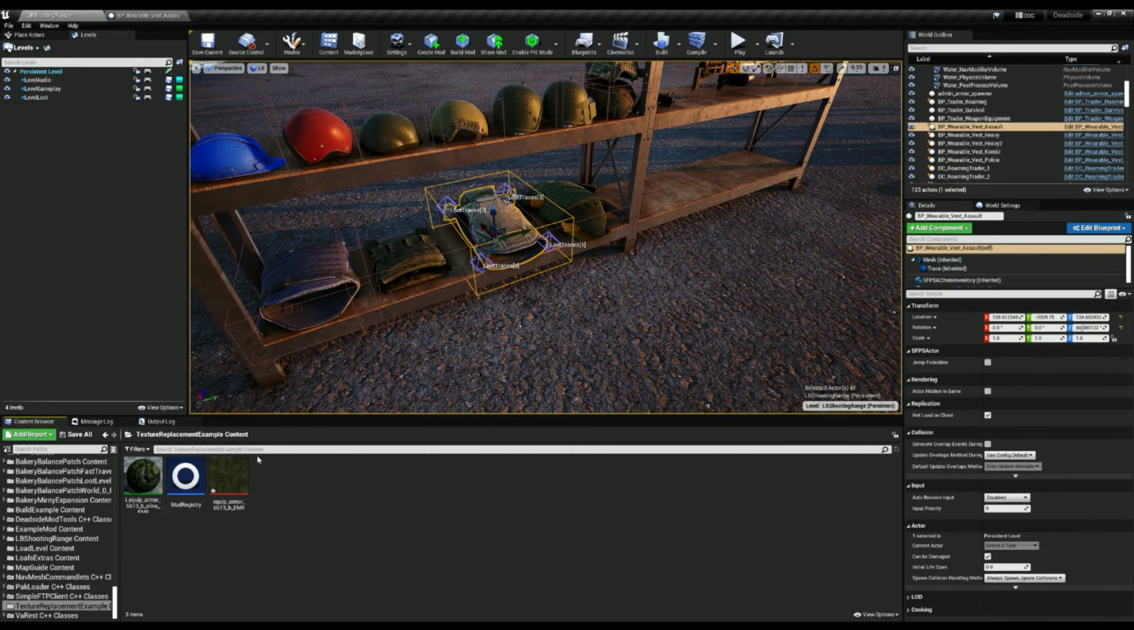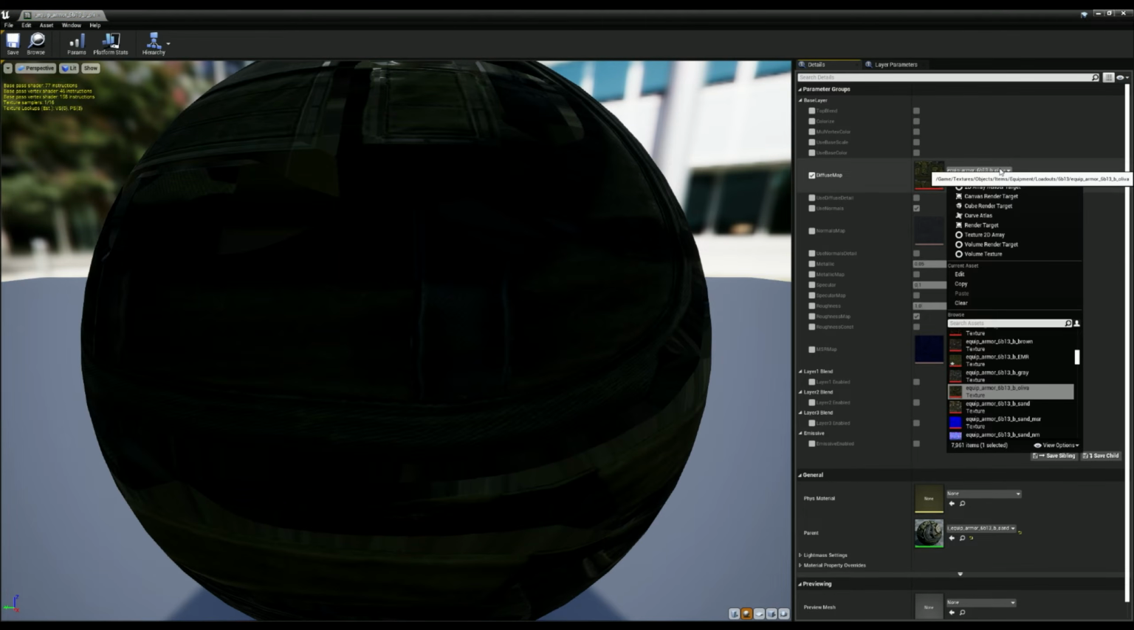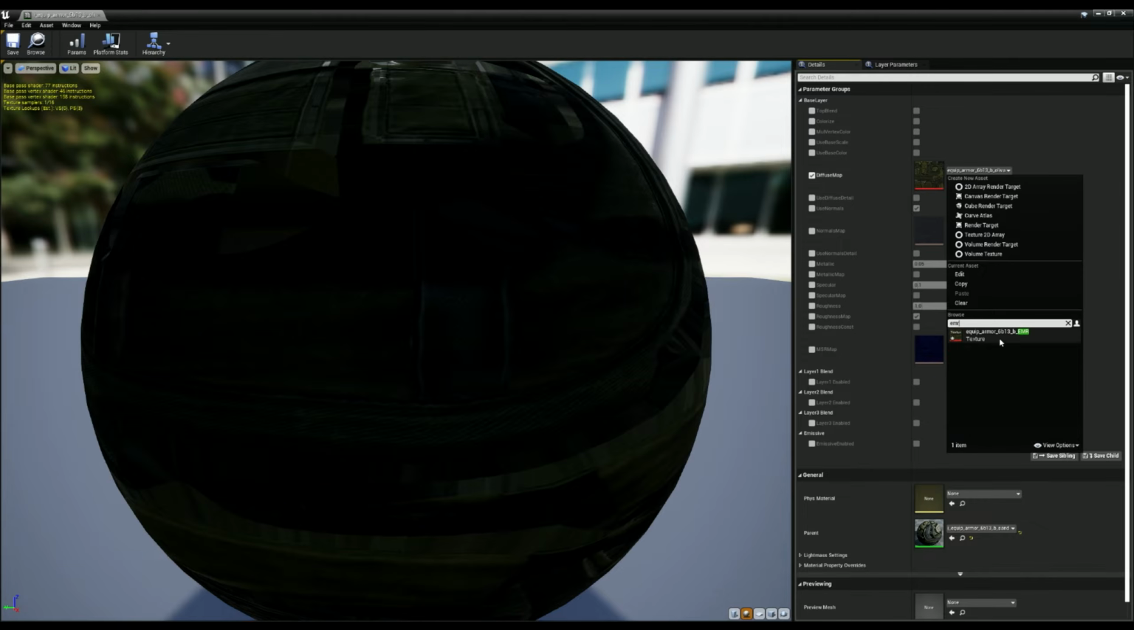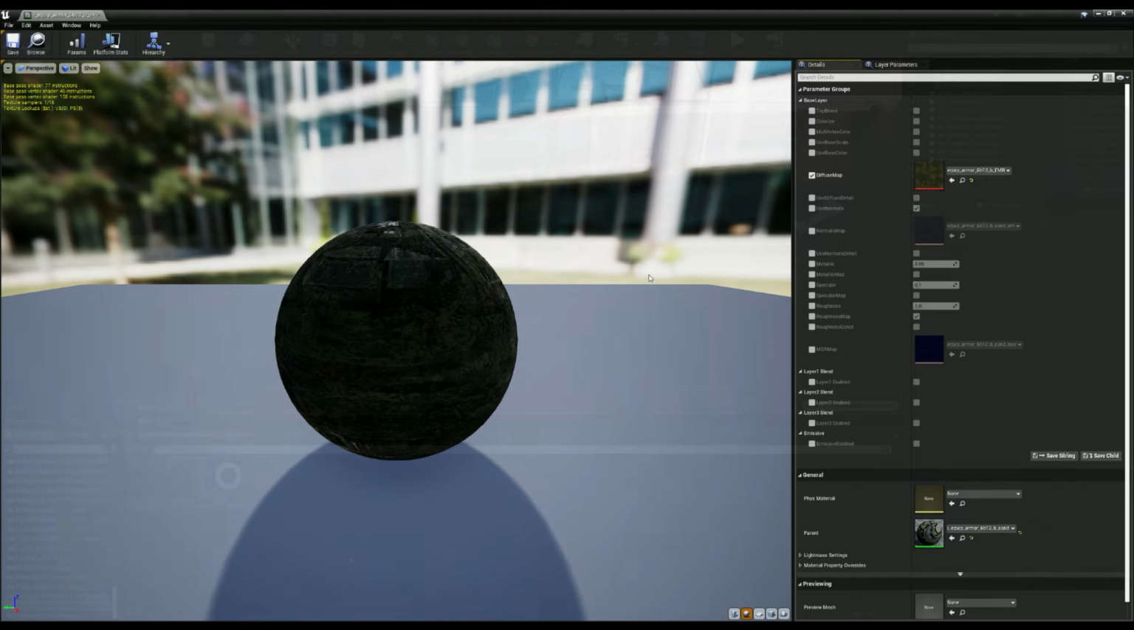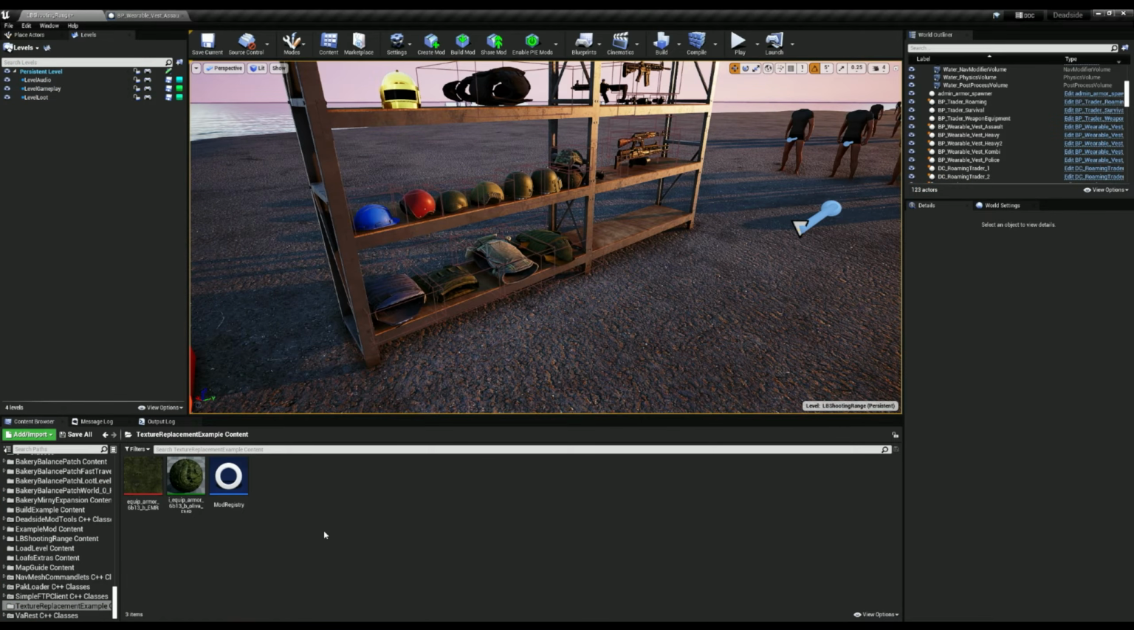So now I've imported my new texture into my mod folder. Now I'm going to open up this custom material instance and set it to our new modded texture. Just like that. This is where we're going to be doing a little bit of blueprint programming to get our material instance onto our assault armor in-game, but it's going to be really easy because all we have to do